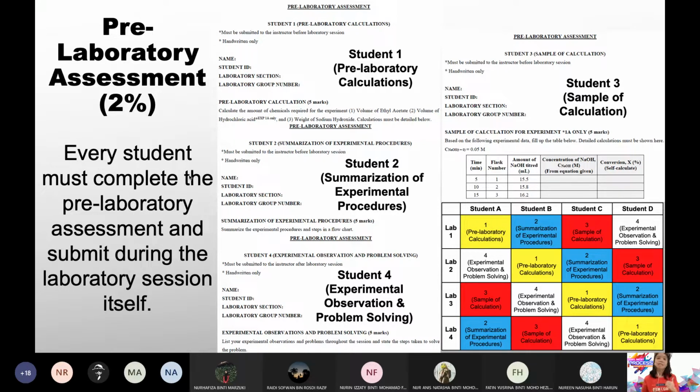You must give me the pre-lab before the lab starts. Means if you don't do the pre-lab and you go to my lab, I will ask you to go back. You will get no marks for that lab. Pre-lab is compulsory to be done for you to enter the lab and start the experiment. So if you don't do the pre-lab, most of the time I will ask the student to go back, and there are no marks for that lab. So make sure you prepare your pre-lab before you start your lab.